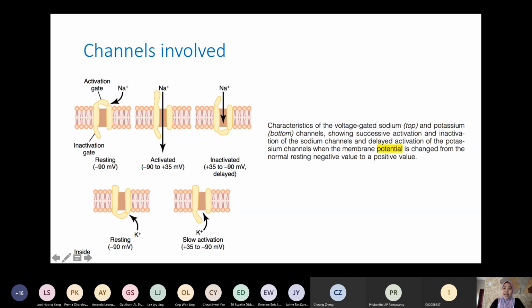Then when it is inactivated, the inactivation gate will be closed and later the potassium gate will open. This potassium gate causes a slow leakage of a lot more potassium ions so that repolarization can occur, and sometimes there is a delay in the closure of this gate, so it causes